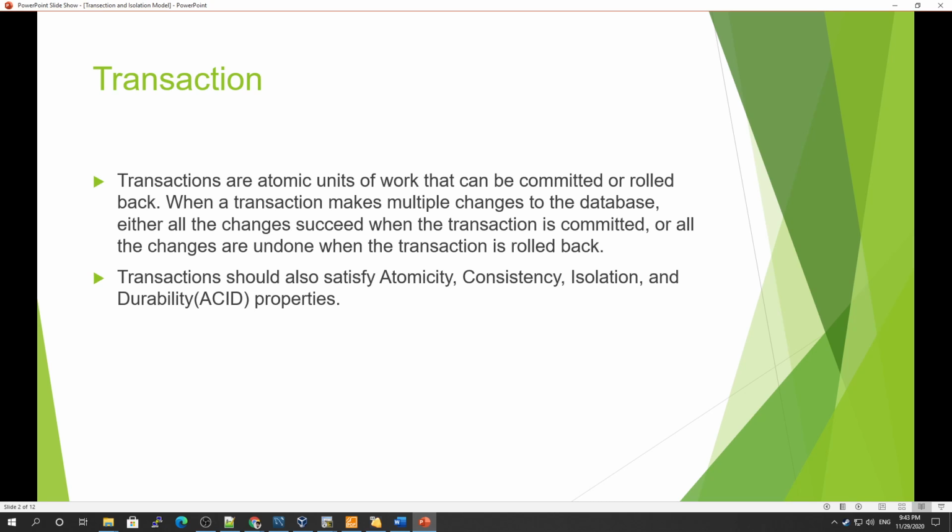Transactions are atomic units of work that can be committed or rolled back. When a transaction makes multiple changes to the database, either all the changes succeed when the transaction is committed, or all the changes are undone or removed, or set back to the old values, to the old state, when the transaction is rolled back. Every transaction should also satisfy this ACID model, which is